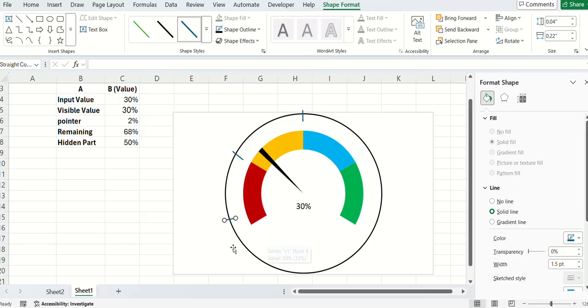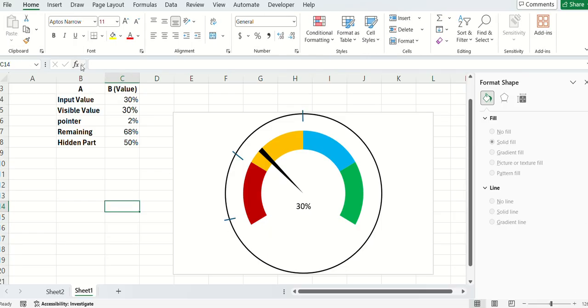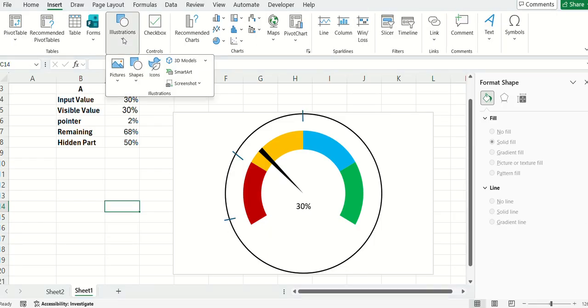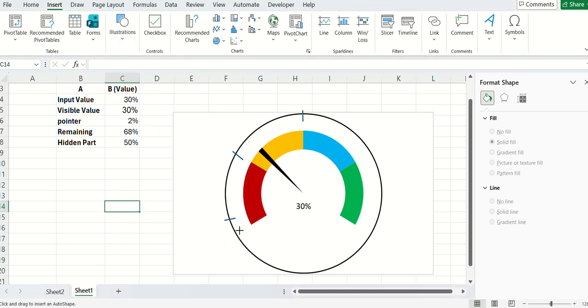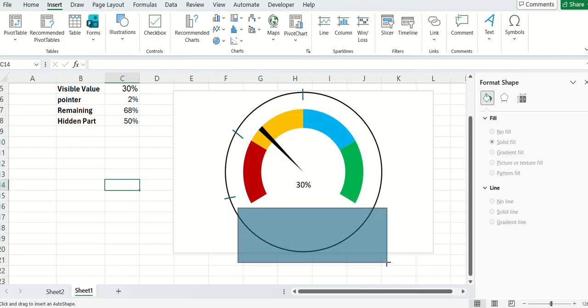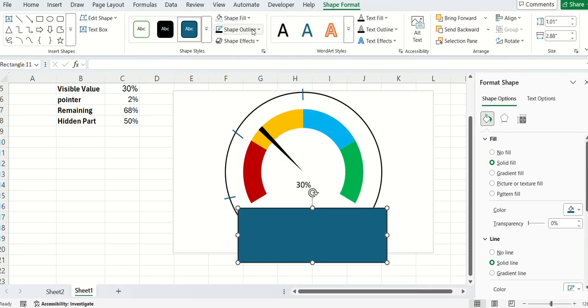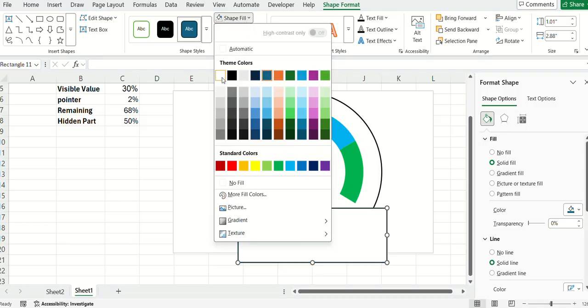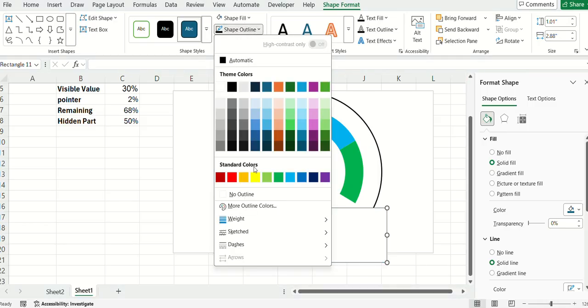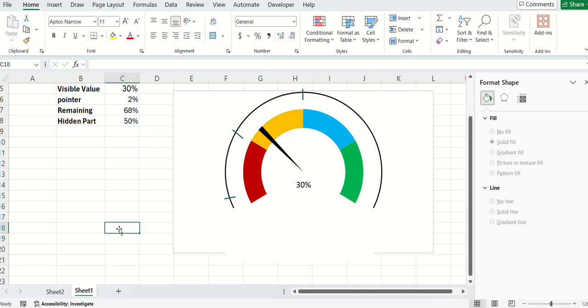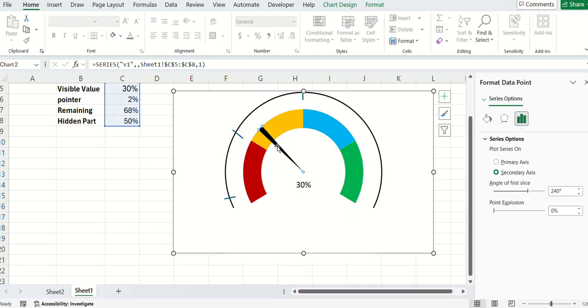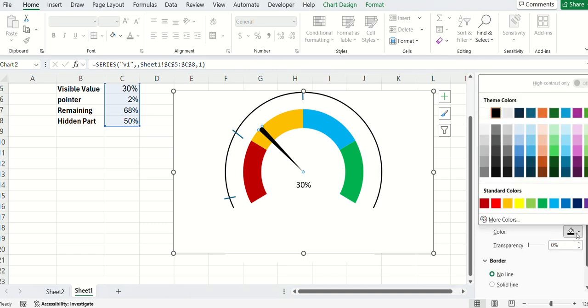For hiding such type of part, the lower portion, you can create a shape. Go to shape, shape fill should be white, shape outline should be no outline. After creating this, you can change the color of your pointer as you wish. I just change it to